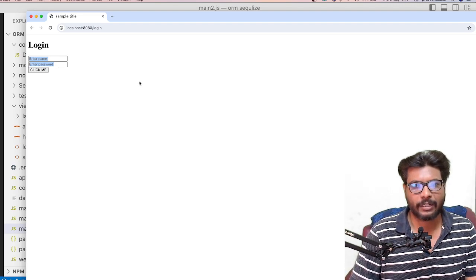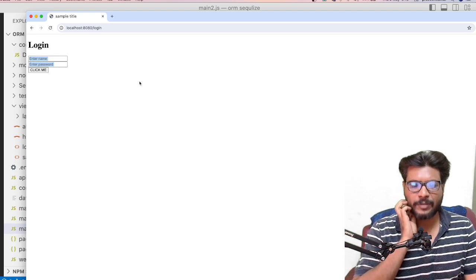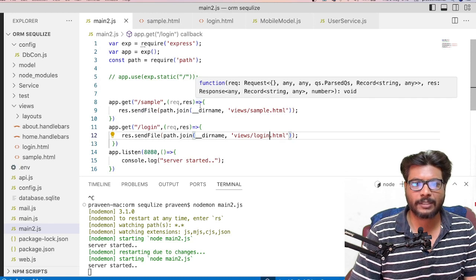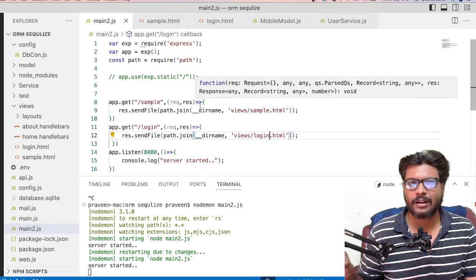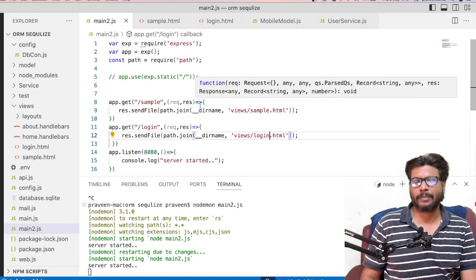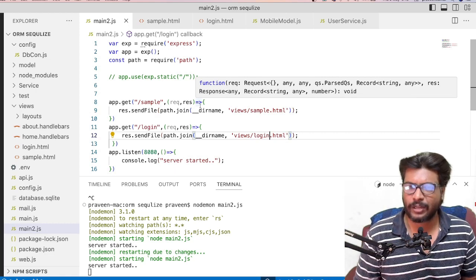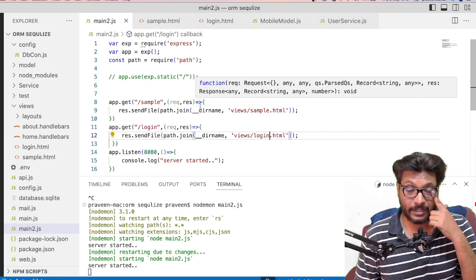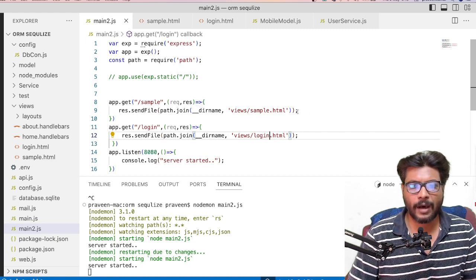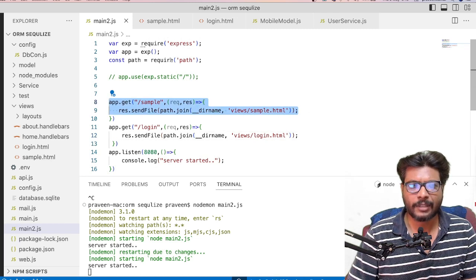But now the next thing. I want to load some data into our HTML, which means from this controller I want to pass some data. There the concept called the view template engine will come. I think most of the people might know template engine. If you have a chance to work in PHP or any Java backend projects, you might know